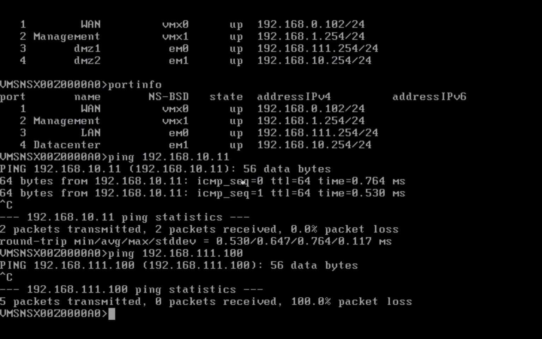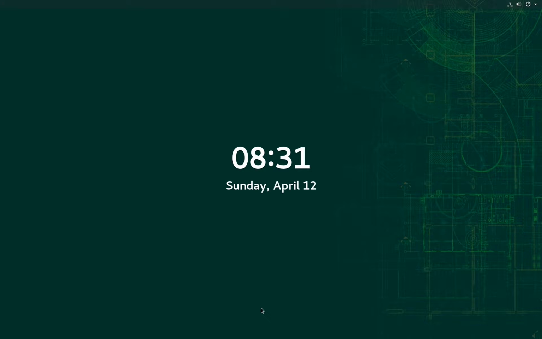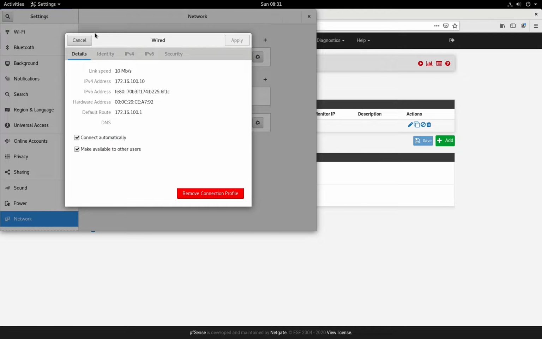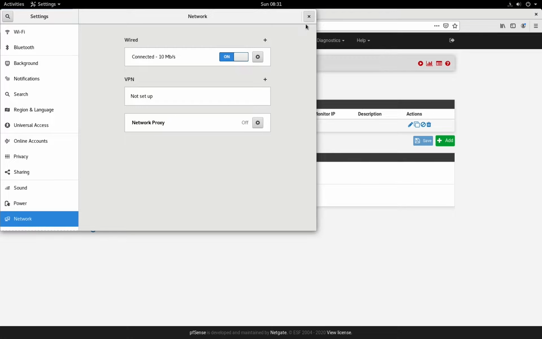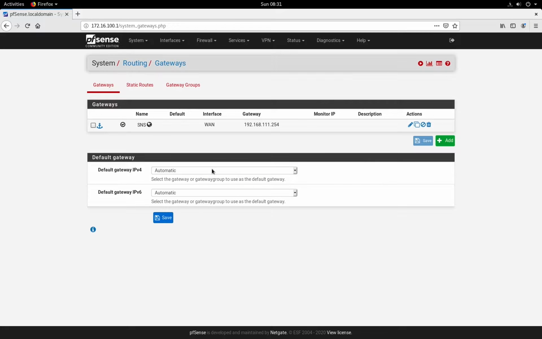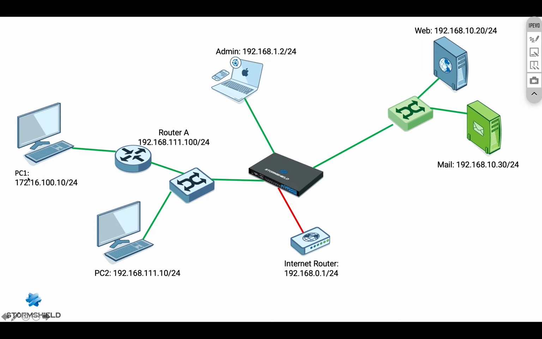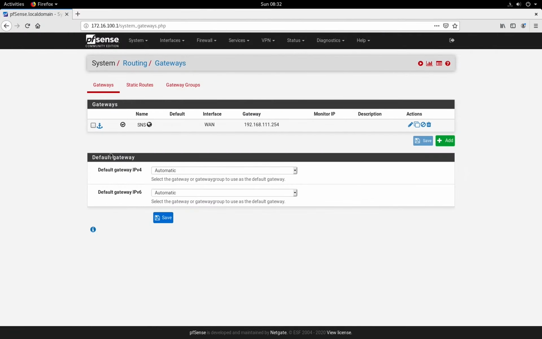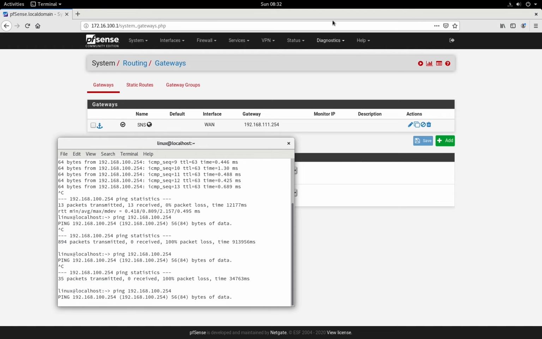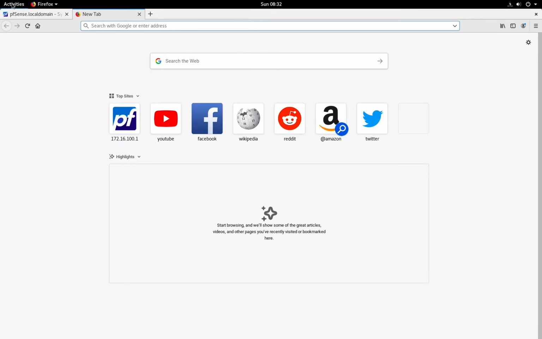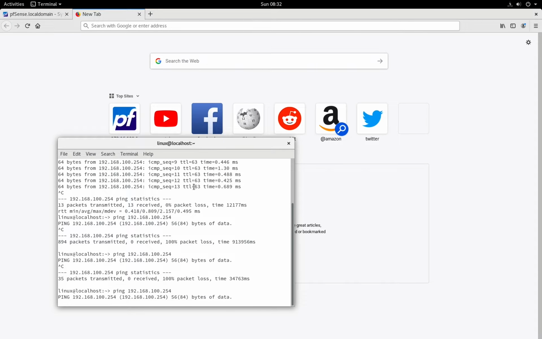So let me test something. Here I am on this machine, and I will show you which one. So this is the machine, PC1. It is on 172.16.100.10, and it's behind this router. So if I want to ping from this machine,